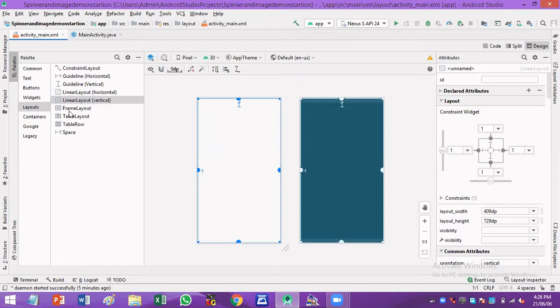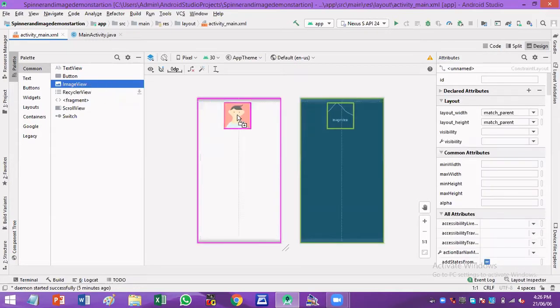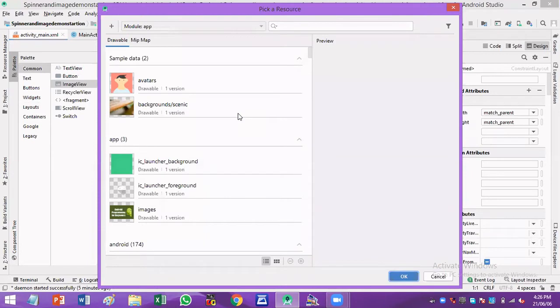Now, after dragging and placing linear layout into your current user interface, go to common and click on image view. This image view tool is used to insert an image in the user interface. Drag this image view and place it in the window. As soon as you drag and drop, a new window will pop up.